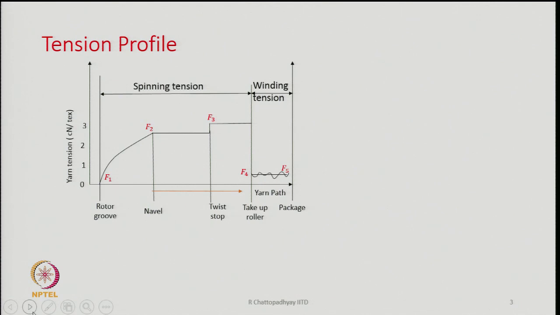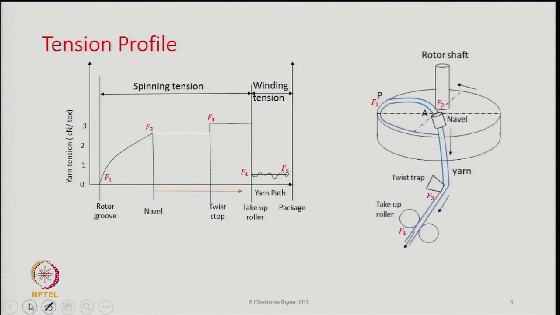The way the tension is changing from the rotor groove to the package is depicted here, and you can see the winding tension and the spinning tension. Winding tension is fairly constant, whereas spinning tension changes starting from almost 0 at the rotor groove, then it goes up to a level